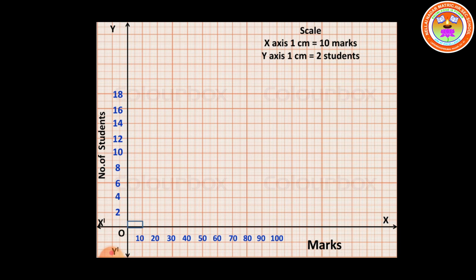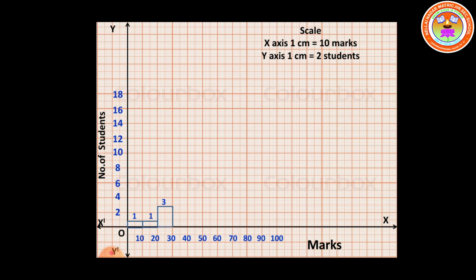For the class interval 0 to 10, we have only 1 tally mark, so the frequency will be 1. You have to draw a rectangle of height 1. Next, write the frequency as 1. For the class interval 10 to 20 also, the frequency is 1 only, so draw a rectangle of height 1. For the class interval 20 to 30, we had the frequency 3, so draw a rectangle of height 3 like this and then write the frequency as 3.